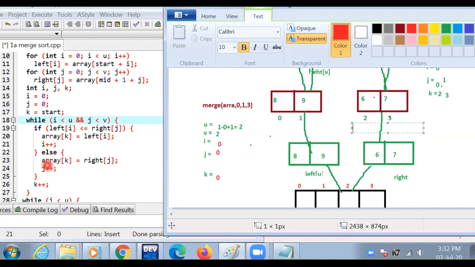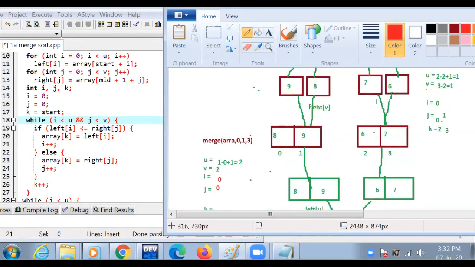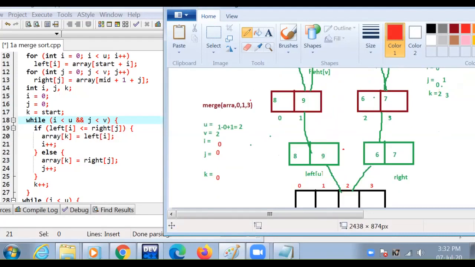And execute the else part. Array k, this is array k.